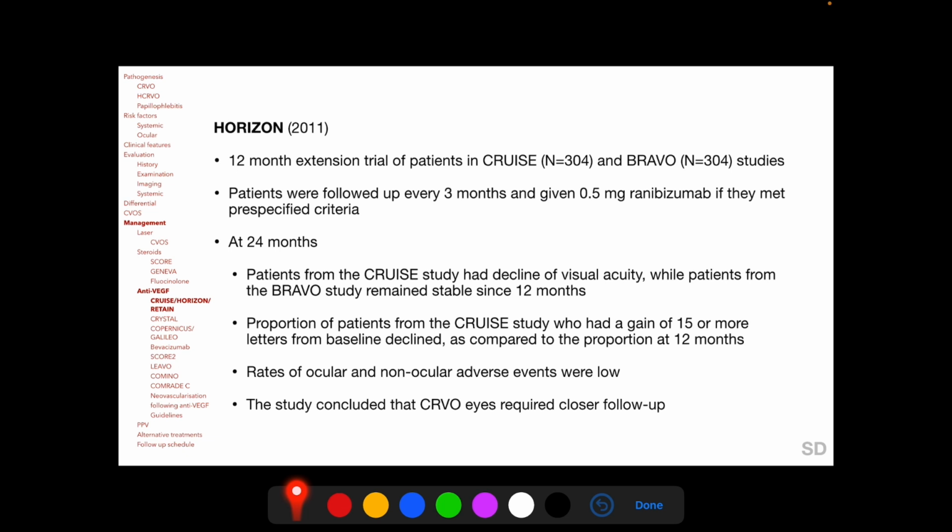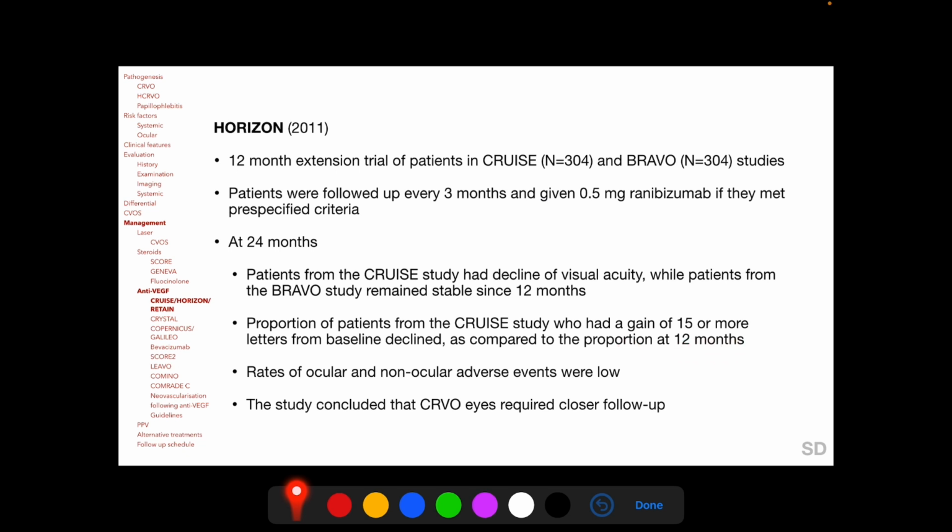neovascular AMD. In the Horizon extension trial, patients were followed up every 3 months and given 0.5 mg ranibizumab if they met pre-specified criteria, and at 24 months the Horizon trial found that patients who were originally in the CRUISE study had decline of visual acuity, while patients who were originally in the BRAVO study remained stable when visual acuity at 24 months was compared with the visual acuity at the end of 12 months of the original CRUISE and BRAVO study. Also, the proportion of patients from the CRUISE study who had a gain of 15 or more letters from baseline declined as compared to the proportion gaining 15 or more letters at the end of the initial 12 months of